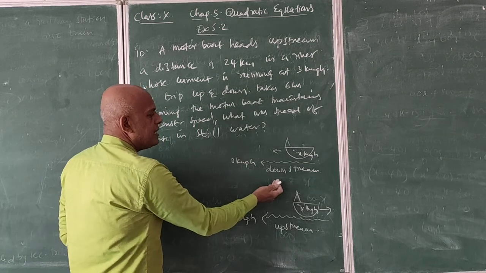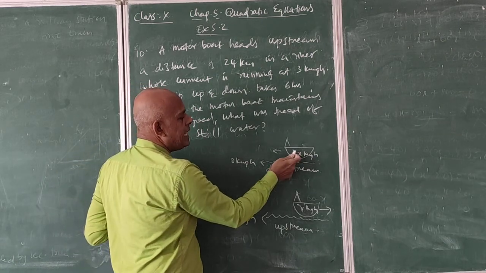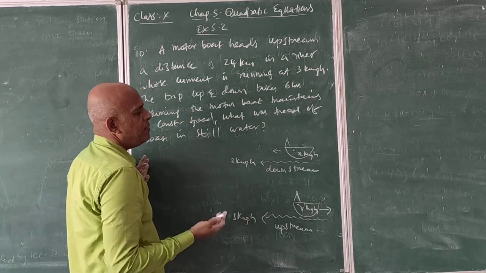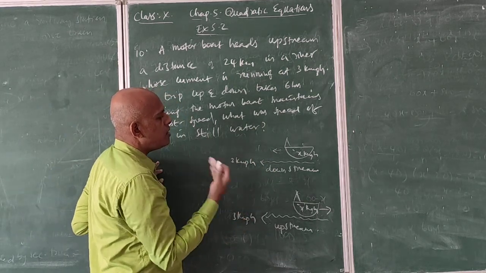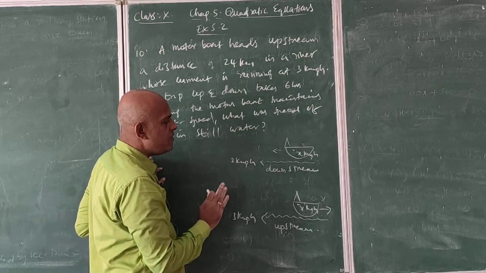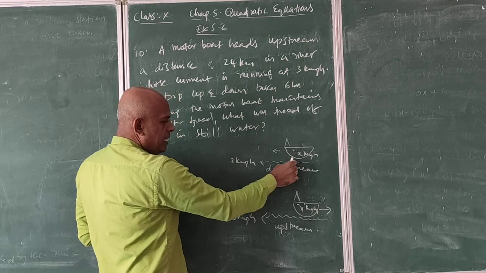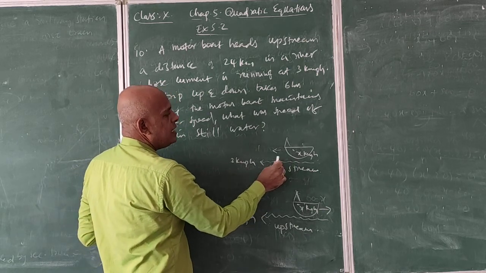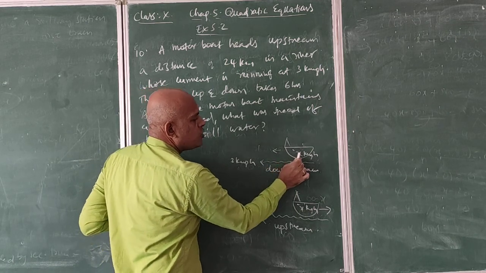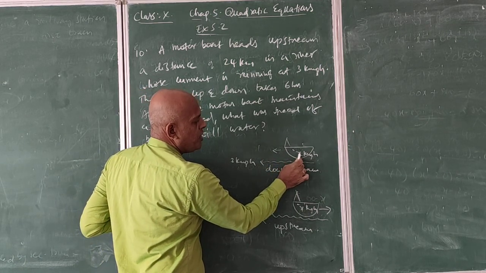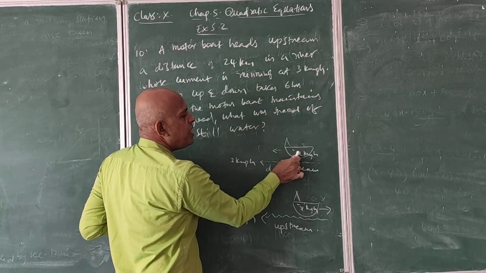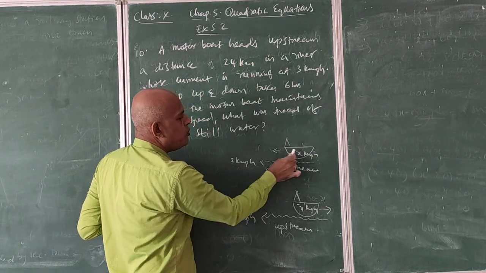Then that time the speed of the boat increases by 3 kilometers per hour. So whenever you are riding the bicycle along the wind, then your speed will be increased. In the same way, if the boat is traveling in the same direction of the water flow, then the speed of the boat increases with the speed of the stream. So now the actual speed of the boat is considered as x km per hour. Then due to the downstream, due to the flow of water, the speed of the boat increases by x plus 3 km per hour.